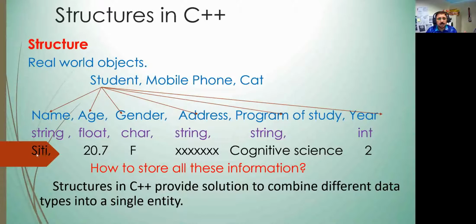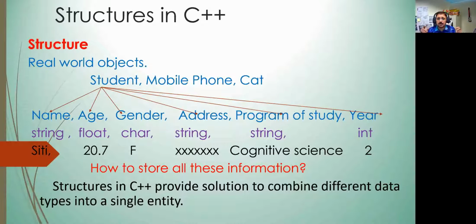And the example may be like a name, and then age, gender, address, program, and year of study. Okay, so how to decide that this information is enough or not enough?